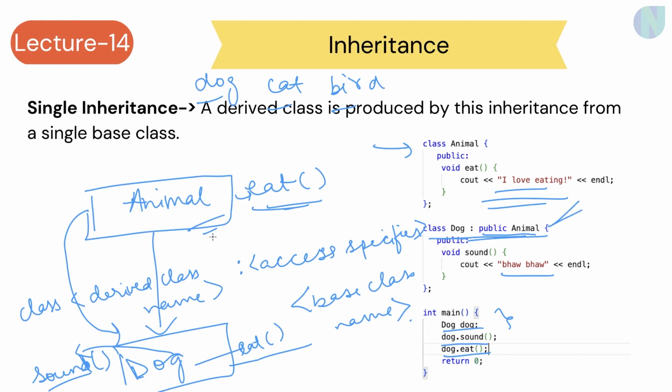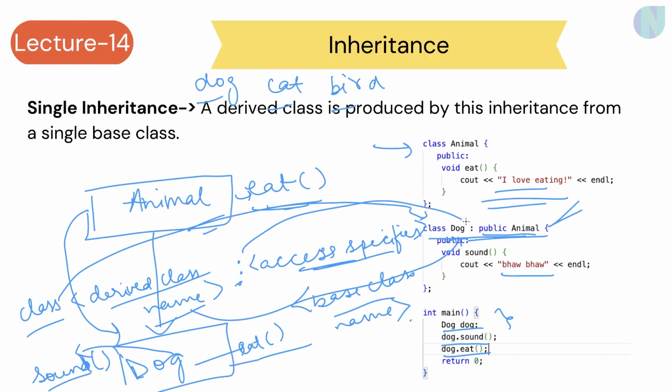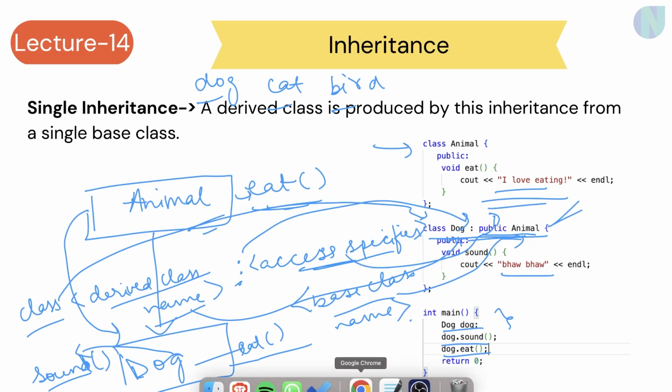So this was all about single inheritance in this video. Basically, to give you an overview, single inheritance is the most primitive inheritance. It comes into the picture when a derived class is produced by a base class, and that base class is always single. The way to use inheritance is to give the class keyword, then the derived class name, then the colon, then the access specifier, and the base class name. As you can see, class keyword, then the derived class name, then the colon, then the access specifier and the base class name. So these are the ways in which we achieve single inheritance.